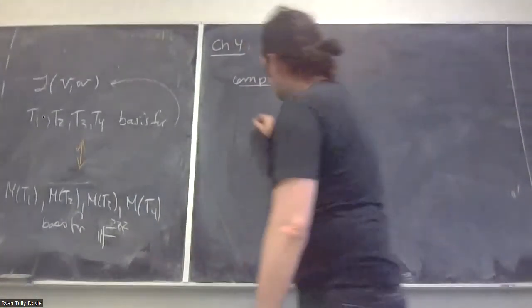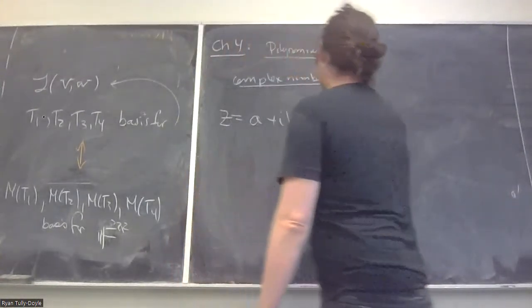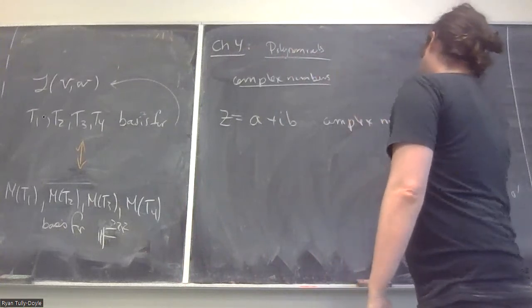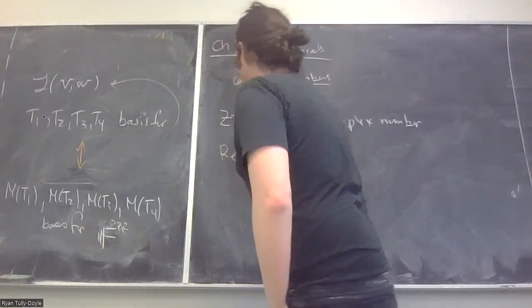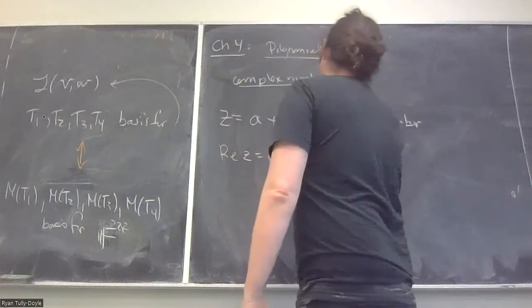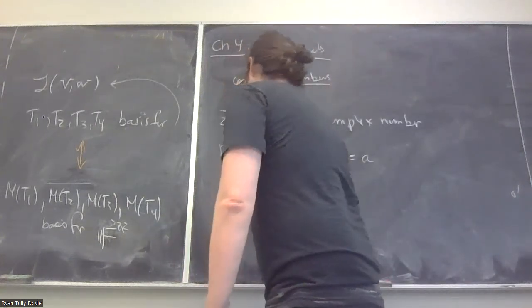Okay. So z is equal to a plus ib. That's a complex number. And the real part of z, real part, of z is a, and the imaginary part of z,